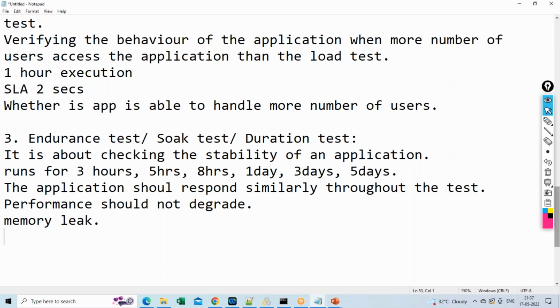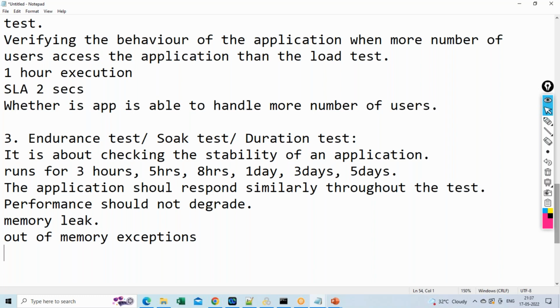When there is a memory leak, we will see some errors like out of memory exceptions. When you are running an endurance test for 3 hours or 5 hours or something like that, you might see out of memory exceptions due to a memory leak. What a memory leak is, we will discuss later. And one more important point is